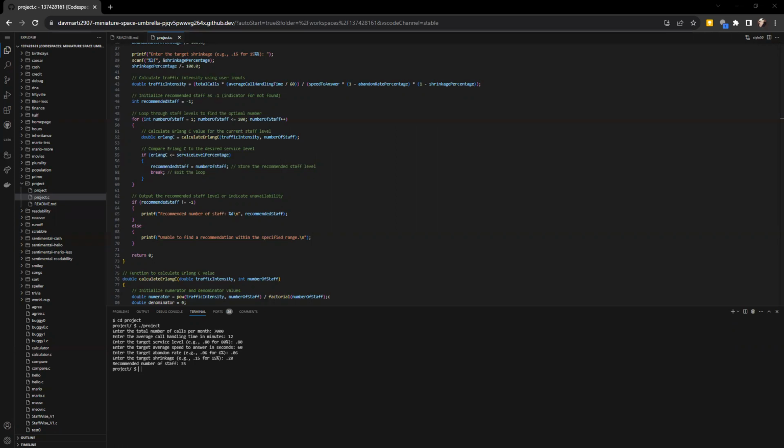The primary challenge addressed by this program is determining the appropriate number of staff members needed to efficiently handle incoming calls or service requests while meeting predefined service level targets. Service desk managers often face the dilemma of allocating resources effectively to minimize wait times for customers and ensure that calls are handled promptly. Finding the right balance between staffing and service levels is